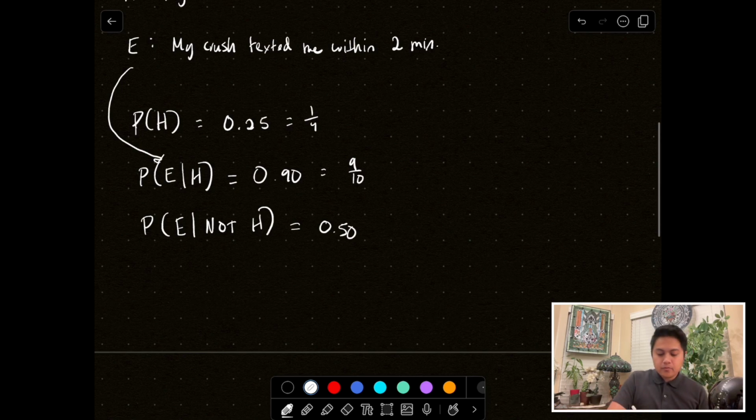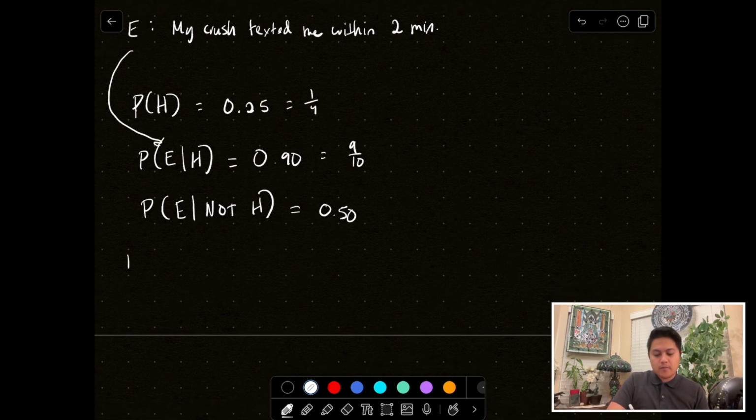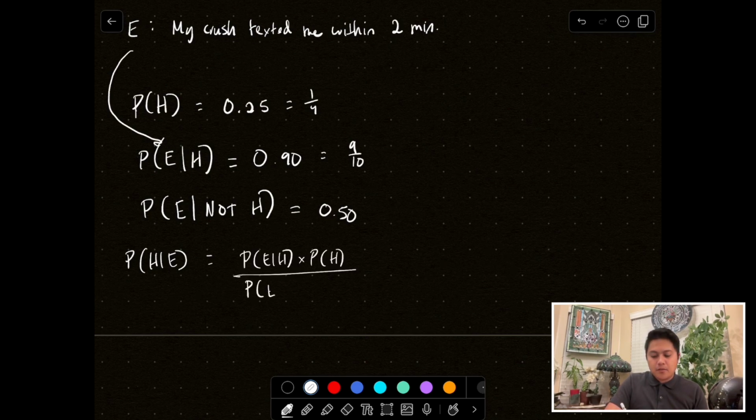So again, we write P of H given E is equal to P of E given H times P of H, over, I'm going to expand this out, P of E given H, right? This is P of E, given that the hypothesis is true, times the hypothesis is true, plus P of E given not H, as in the hypothesis is false,